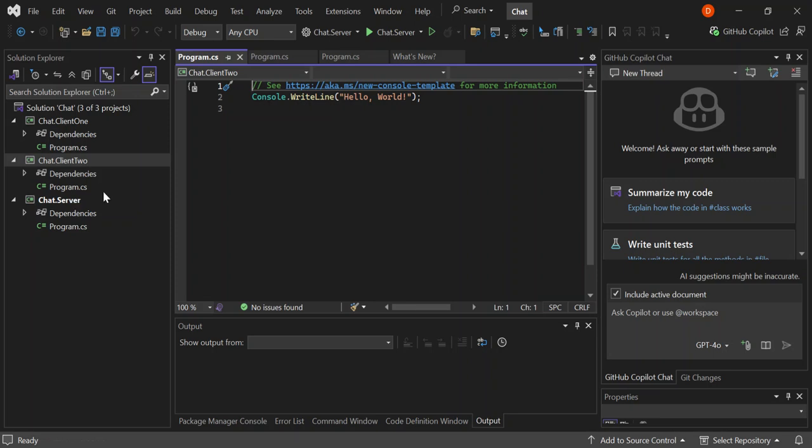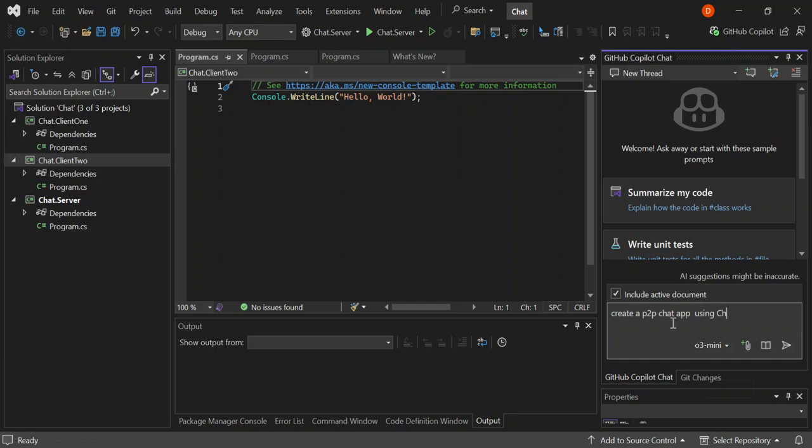So let's come to the GitHub Copilot chat here. As you can see here now, we've got GPT-4 selected for us. So let's select o3 Mini, and then let's type this prompt. Let's create a P2P chat app